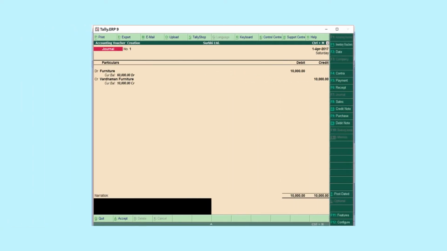This is the screen of a voucher in Tally ERP 9. It will tell you about the voucher name, the voucher number, the journal entry, what you are going to debit or credit, whatever balances are available after recording the entry, the day and date, and the debit and credit amount. Also on the vertical bar, there are different types of vouchers available within Tally ERP 9. Then in the end, there is a narration where you can write the narration for the journal entry. Similarly, on the right hand side, there is a total of debit and credit side. This is your voucher screen in Tally ERP 9.